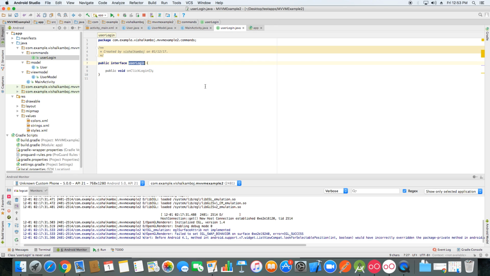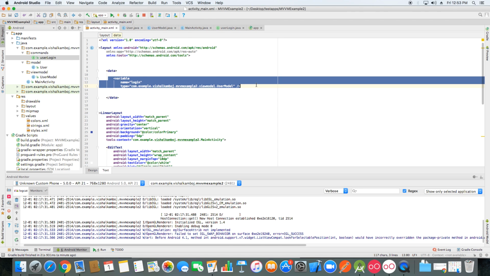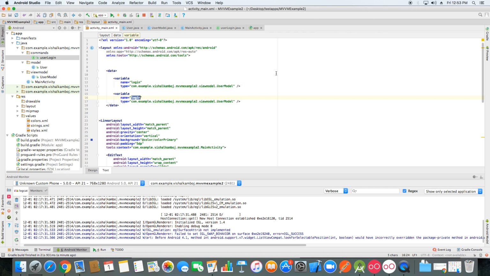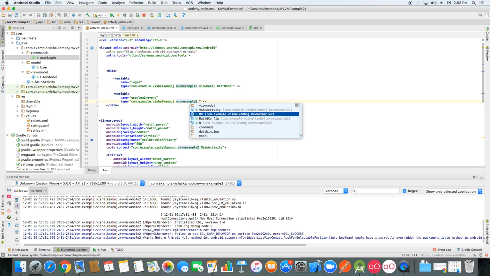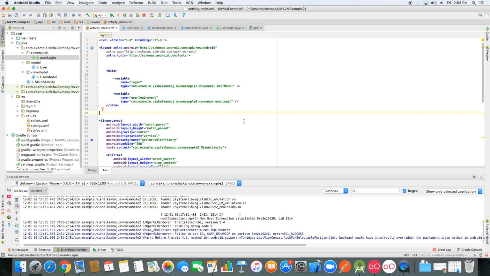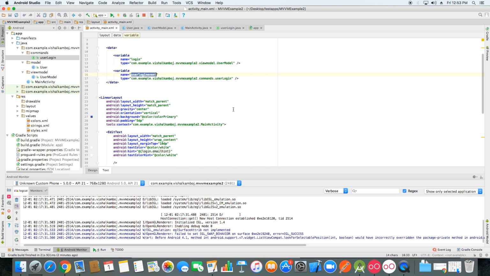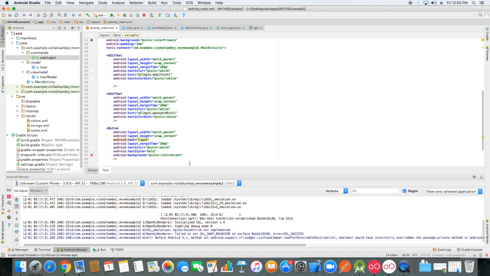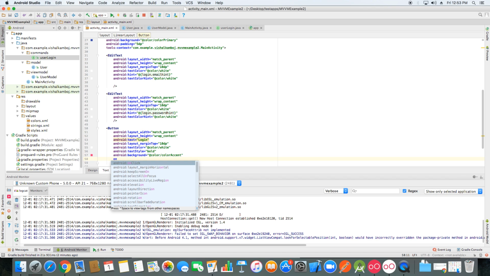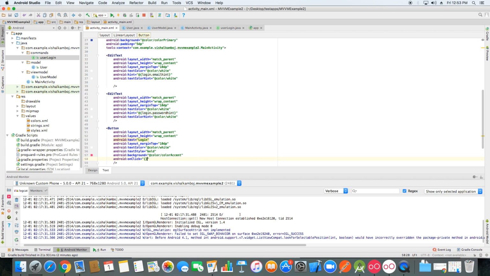So for this user login interface, we have to bind this interface also with your main activity. So we need one more variable that is called your user login event. Okay, and here we have to do with example 2. This is your commands user login. Okay, so everything should be on your user login event, and this user login event we have to apply in your button. Okay, so you can say it on click, and for this applying we do the same thing as